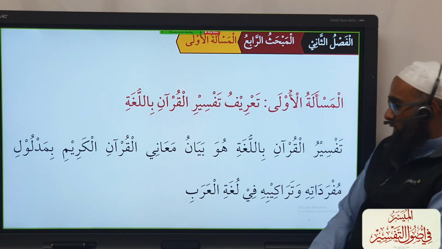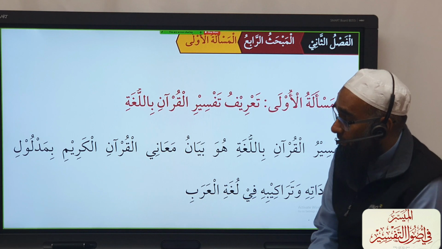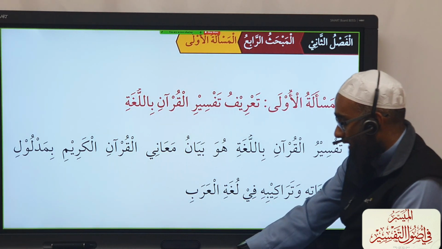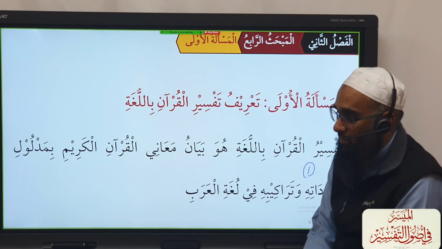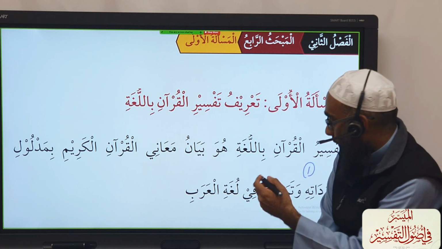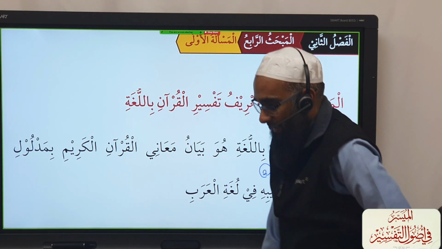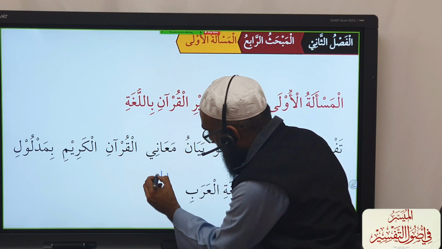Lugha? So tafsir al-Quran bil-Lugha هو بيان معاني القرآن الكريم بمدلول مفرداته وتراكيبه في لغة العرب, is one element, and the way these words are structured. So let me give you an example, okay? If we have, for example, here إياك نعبد,